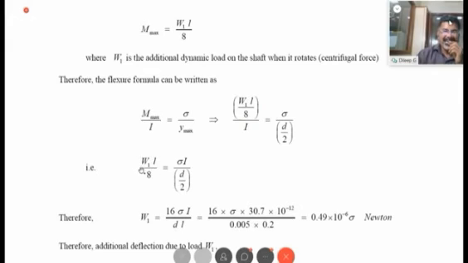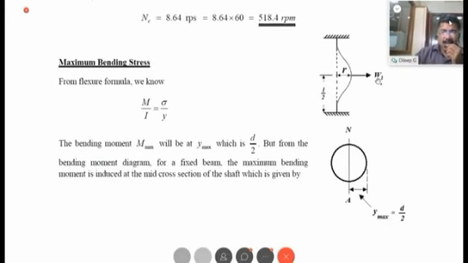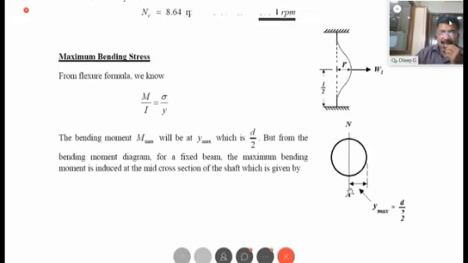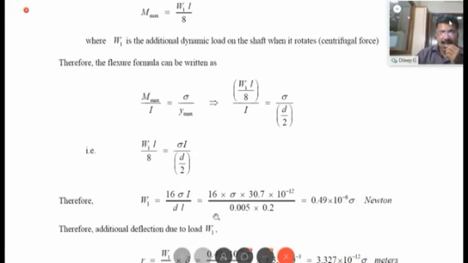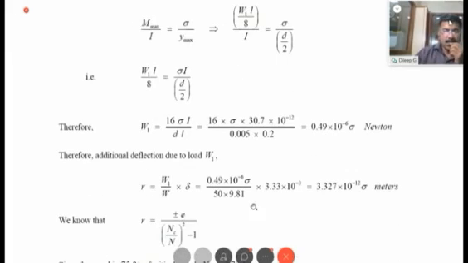That is W1, the dynamic load at 75% of the critical speed. W1 is 16 into this sigma, which you have to find out. You don't know this sigma max, so that is what you have to find. Sigma max into I is 30.7 × 10⁻⁷, which we have already found out. D, the diameter, is 0.005 meter. L is 200 millimeter, 0.2 meter. So you will be getting this dynamic load in terms of sigma, that much Newton. That is the dynamic load, or the transverse load, at 75% of the critical speed. You got it in terms of sigma. Let it be there. Now,